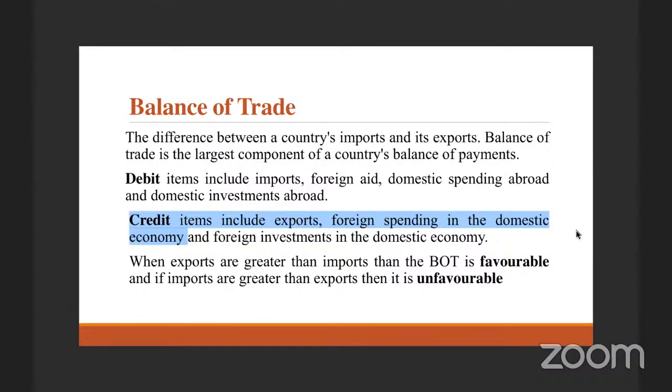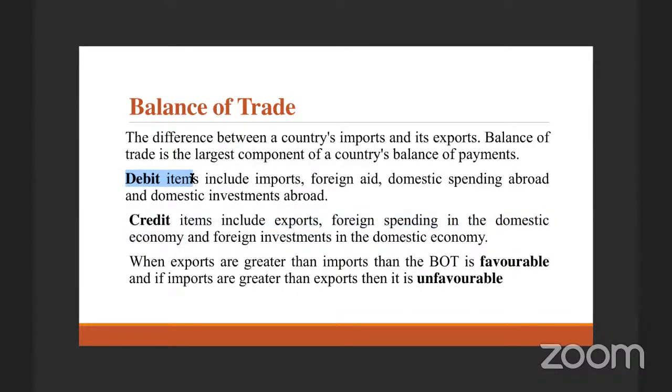When they come and spend here, what is that? That's an income for India. That's to be credited, right? When you export goods, what do you get? You get foreign currency, right? That's an income that's credited. So credit all the incomes and debit all the expenses, the nominal account rule.